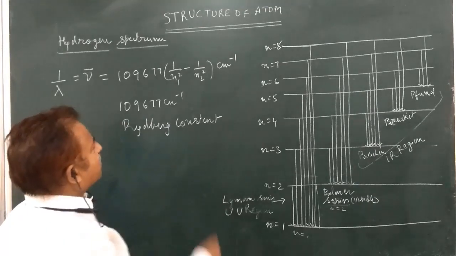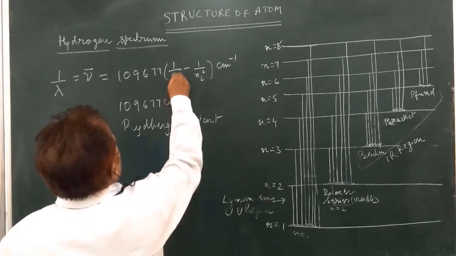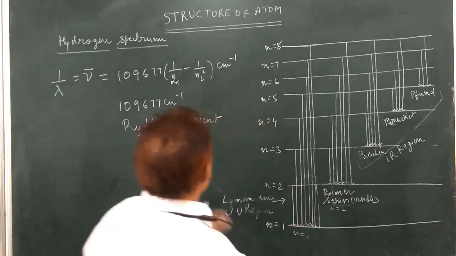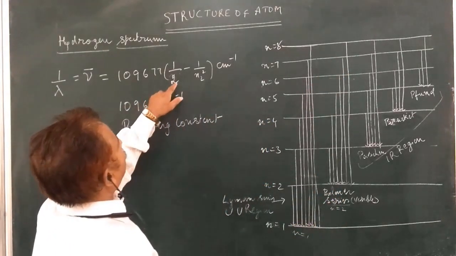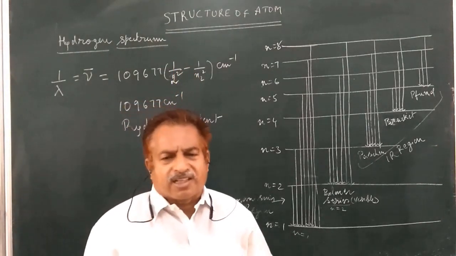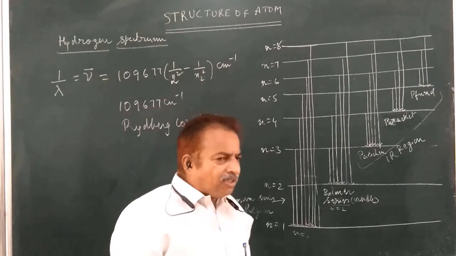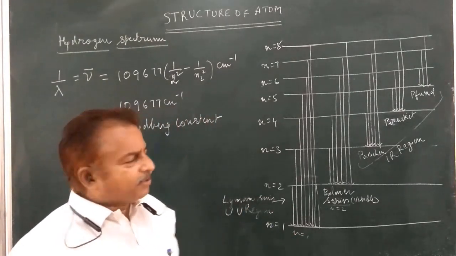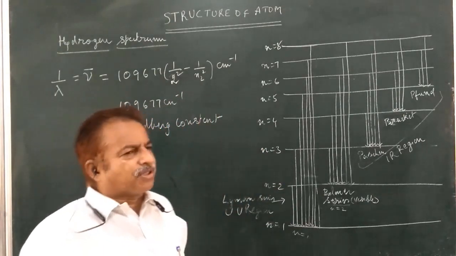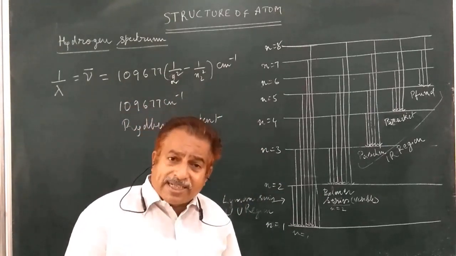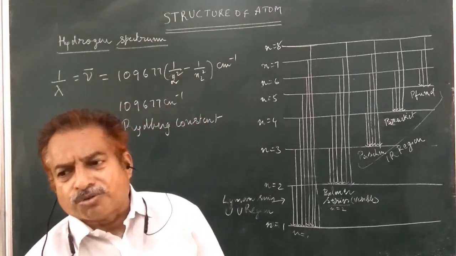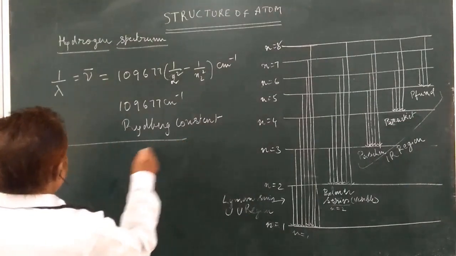This is for the Balmer series. So in the Balmer series, what is the first level? In the Balmer series, the electron jumps from a higher level to the second level. Therefore, instead of n1 we can keep 2. So 1/2² − 1/n2², or n². Rydberg showed that this formula can be used for explaining the other series of spectral lines also. So we can show this in a tabular form.